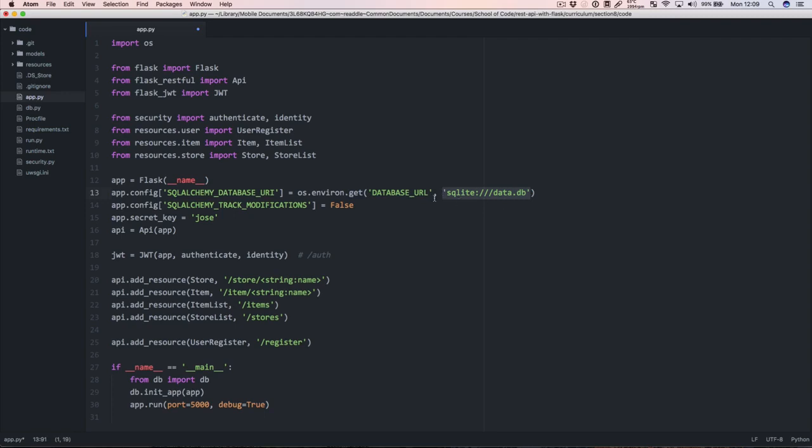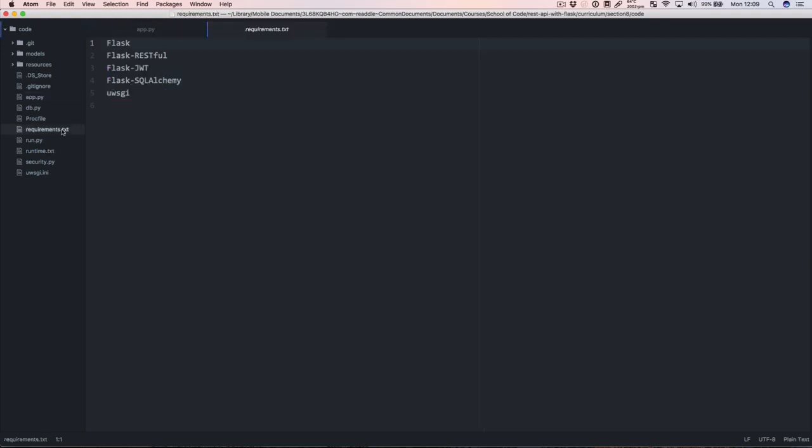So on our computer, we would try to load up this variable. We would fail because we've not set it, and then we would use the SQLite code instead. Okay? So save that file, and then go to the requirements.txt, and here we have to add something, which is